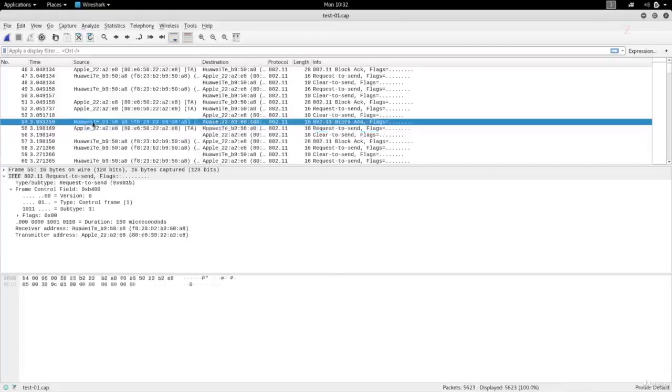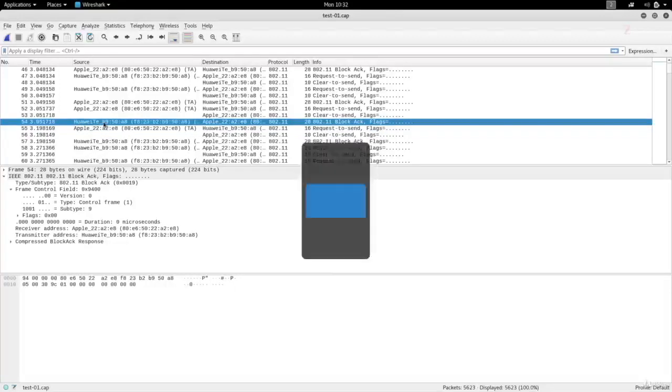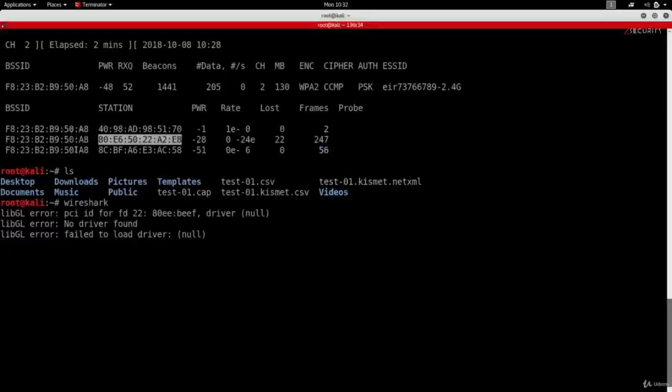Again, we can see we also have a device that's using a Huawei chipset. So this can be a phone, or it could be the router. And if you look at the MAC address here and compare it to the MAC addresses that we have here, you can see that this is actually under the BSSID. So this is the MAC address of the router. So now we know that the brand of my router is Huawei.